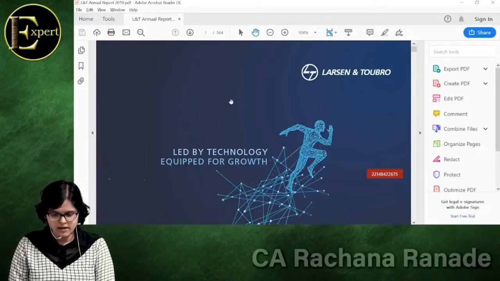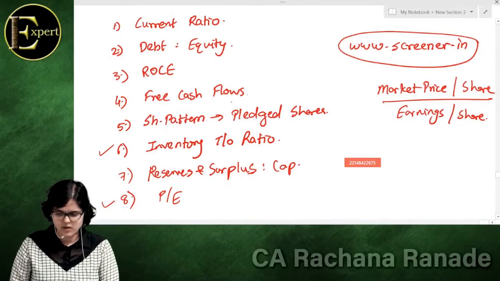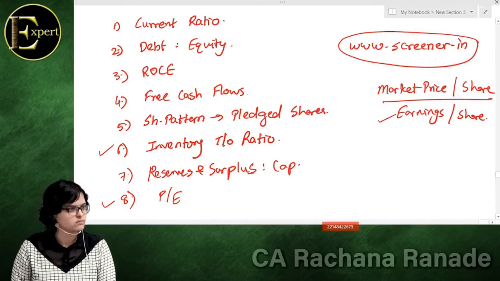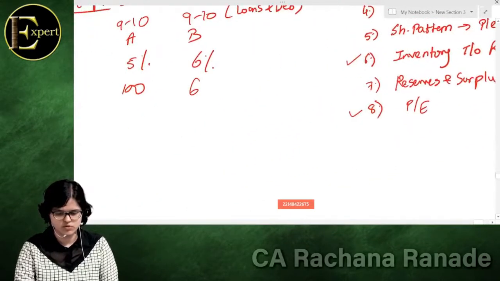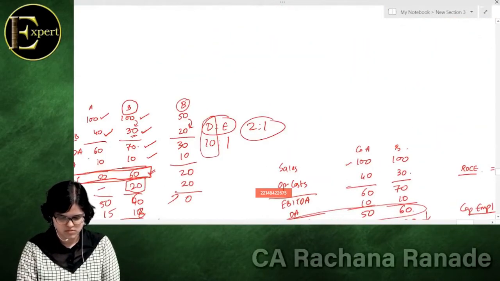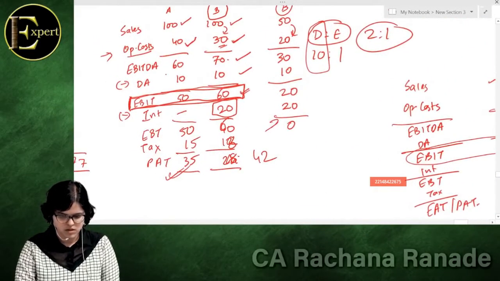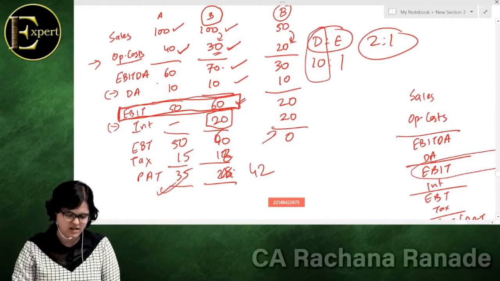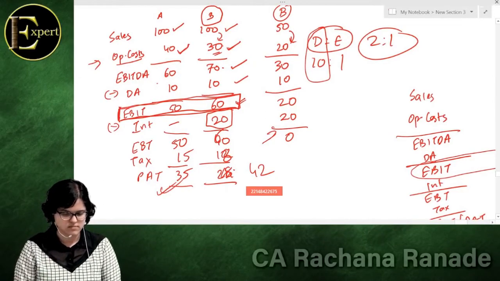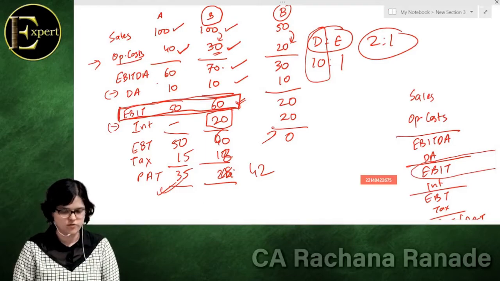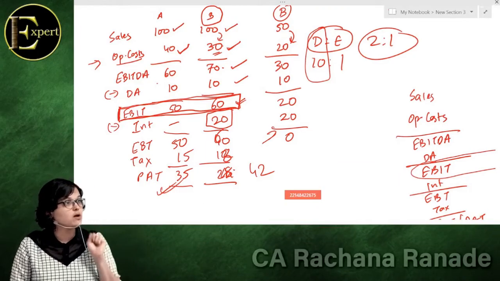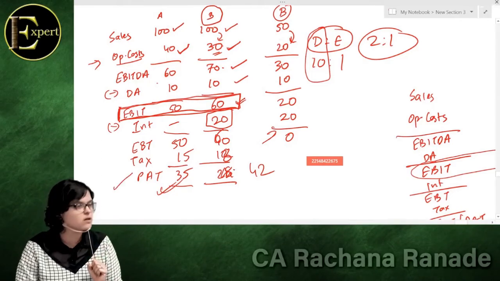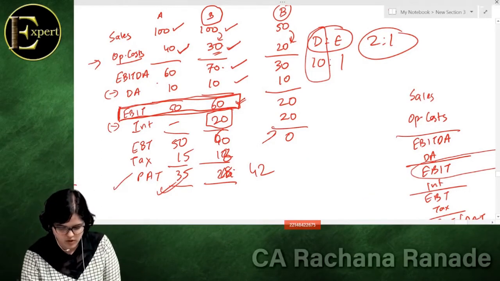Okay, and first let us understand what is this earning per share. It's a very simple parameter. See, if I show this to you, tell me what was my final earning for A, 35, for B, 42. That is my earning. But this is the total earning. See, earning means what? PAT. Because if you remember, I told you, na, PAT or EAT.